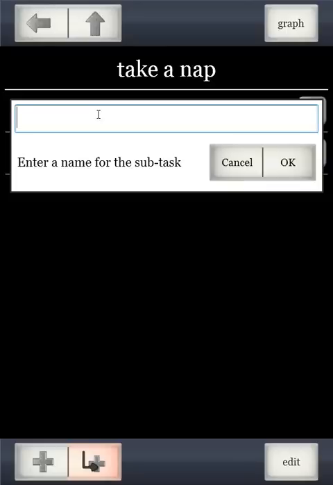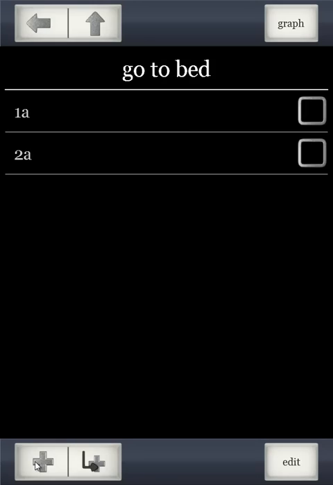and we can break down any task for as many steps as we'd like. And that's really the strength of Action Plan, that you can break down any problem to as many levels as you'd like. So we could call this, just call it 1A, we call this 2A, 3A, and we could add a child to this one, call it